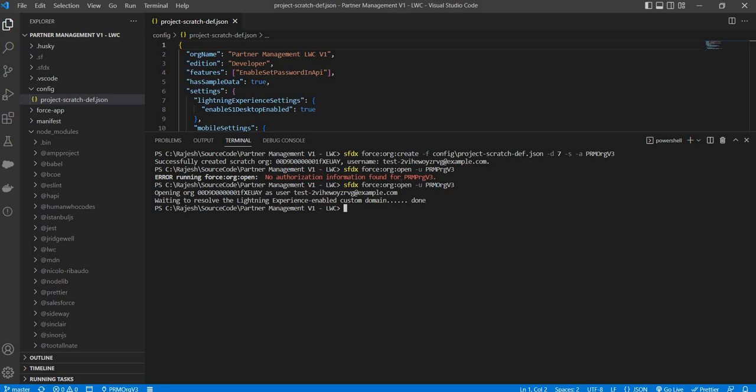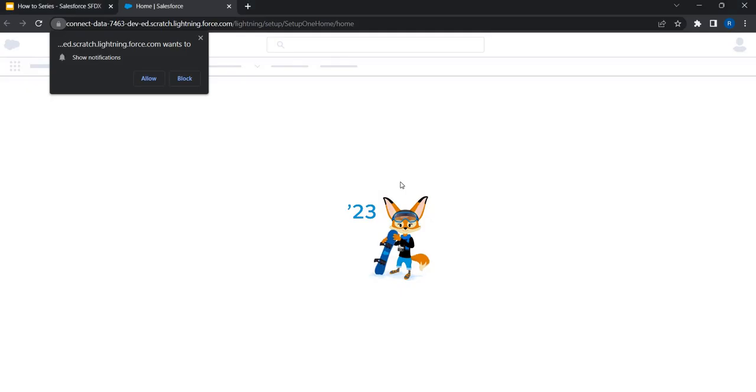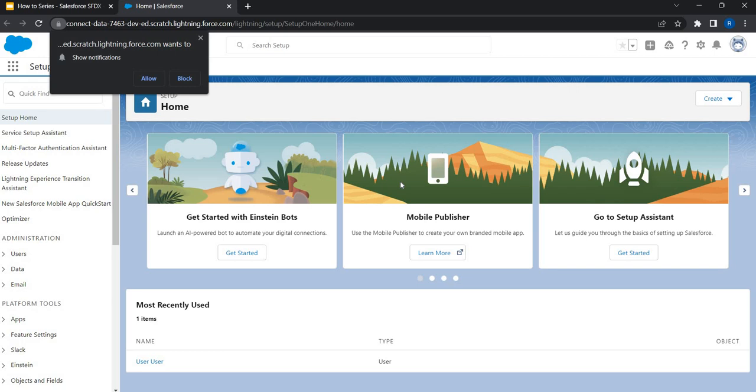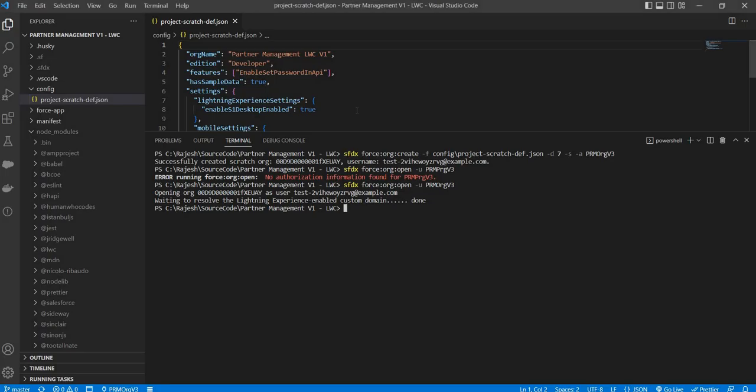And that's what they're going to do now. Now we just open the org with the org open command, but in our case this is not required, so let me close this one. Let's go back here. First I want to generate the password, which I can do with a simple command, force user. There is a password topic under which you have a command called generate. And I can just say I want to generate a password for this org,